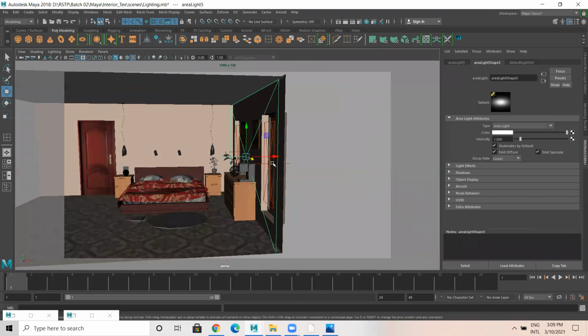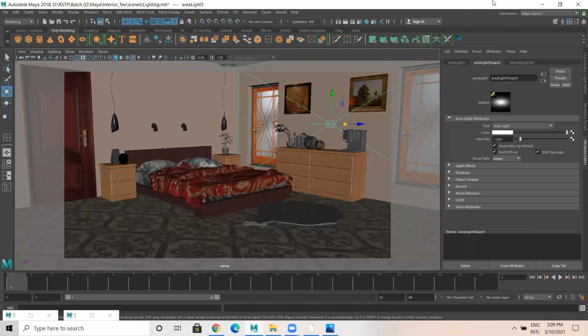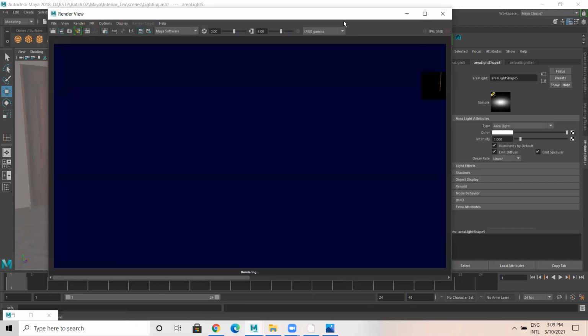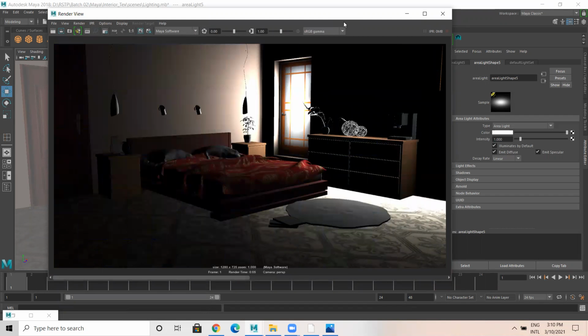From this side you are getting the light from this particular wall, because our primary wall is this only. There are two windows. From here we are getting light. Now it is linear. Anyhow, I have increased it. Let us see what sort of output we will be getting. Okay, you're getting an output something like this, but still there are bleaches here.